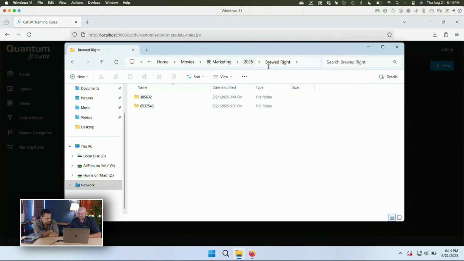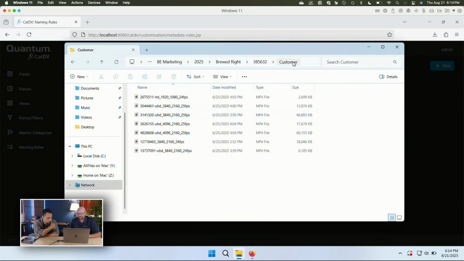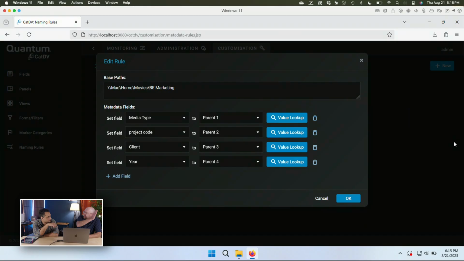Gotcha. So once again, that's this whole system that we have here. So parent folder, grandparent, great-grandparent, and great-great-grandparent. But there's also path, which starts at the high end and then works down from there. For me, the parent structure is easier to think about, so that's what I use.